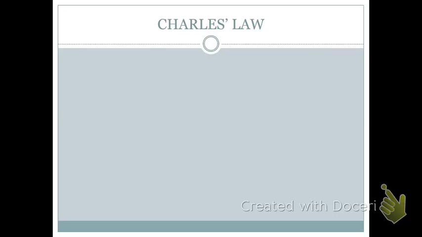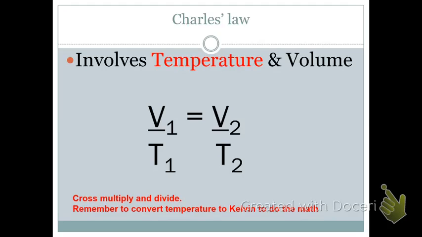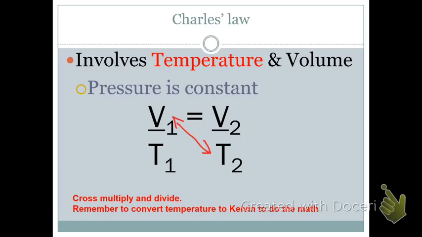Today we are going to be looking at Charles's law. Charles's law is a condition of gas involving temperature and volume, but in this case, pressure is going to stay constant. So in Charles' law, what we're going to be doing today is cross-multiplying, which is what you do when you have two fractions or two ratios and you need to turn it into